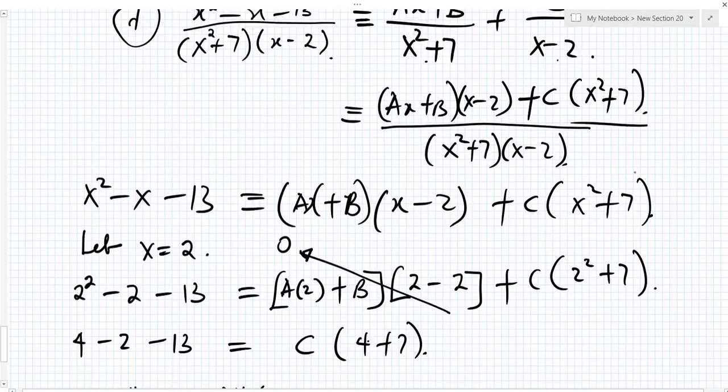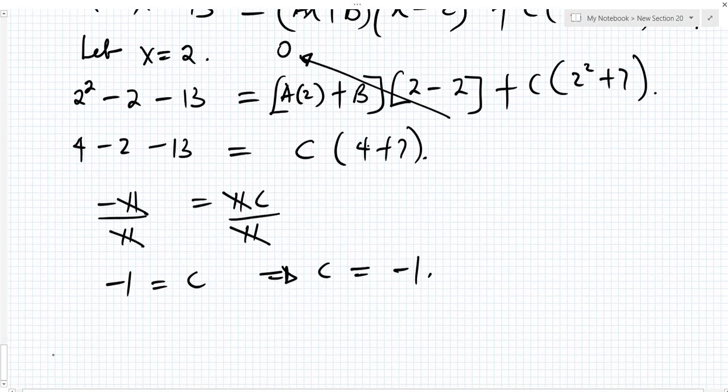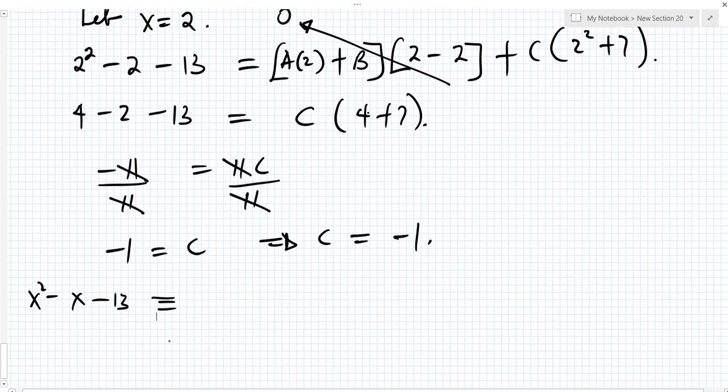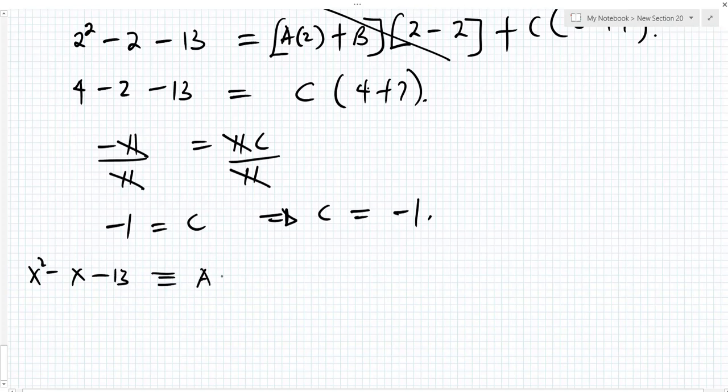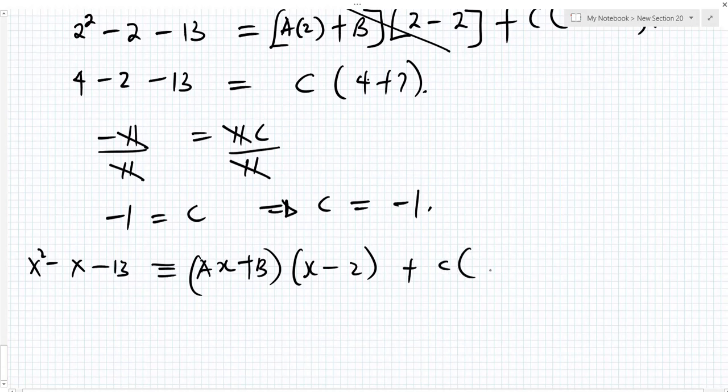Now expanding this expression, equation 1. So equation 1 is x squared minus x minus 13 equal to (ax + b) into (x minus 2) plus c into (x squared plus 7). Now if we expand this expression,